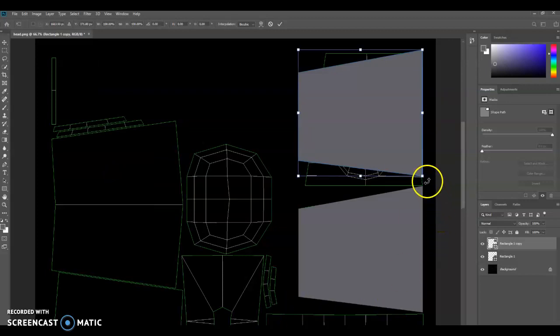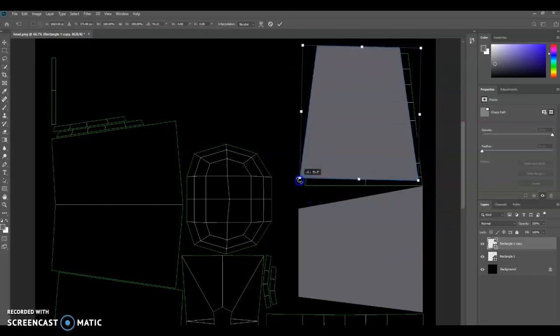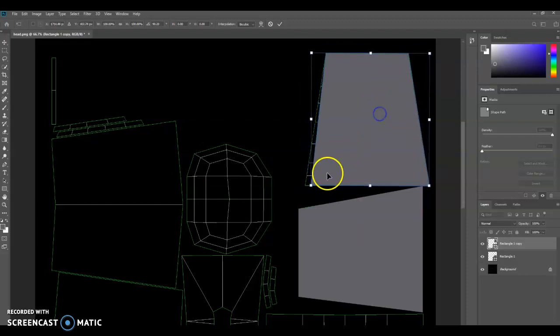And you can rotate directly like that. Get it to kind of match up. Okay, it's pretty close. All right, and then you can